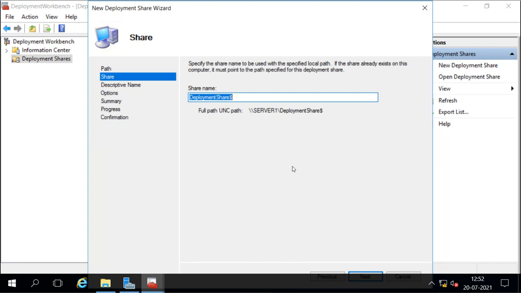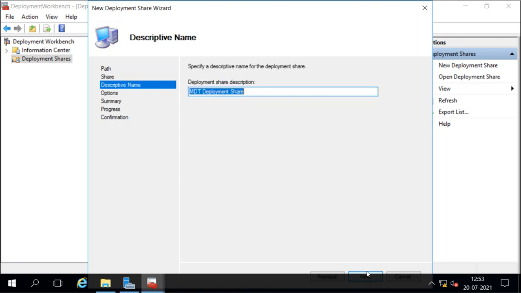This will be the share name, and this is the path we have seen, which is under C drive. So the directory will be created for the deployment share under the C drive, and it is going to be shared with this name, so that when we deploy the operating system images to other machines, the remote machine will get the files from this share. Okay, so the directory is created and it is now shared.